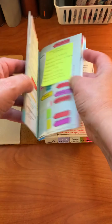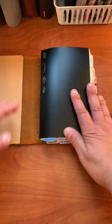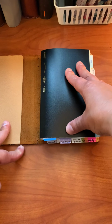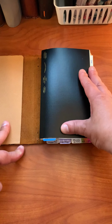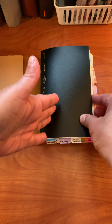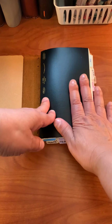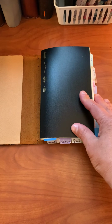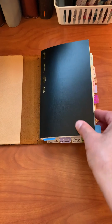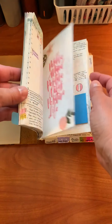In the beginning, I do want to mention that the purpose of my planning, of course, is planning into getting stuff done, but it's twofold. It's a planner and it's also a memory keeper for me, mainly for my children. The day that I leave this earth, they will have something to look back and read through. I keep happy memories here. Anything that is not, I keep in a separate journal. Just because I want this to be not a scrapbook, but someplace where they can look and say,